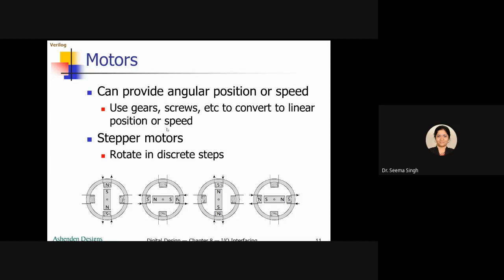You have used it in various different labs also. So the angular position and control of speed and all is provided, and it is used in gears, screws, and it can also be used to convert to linear position.